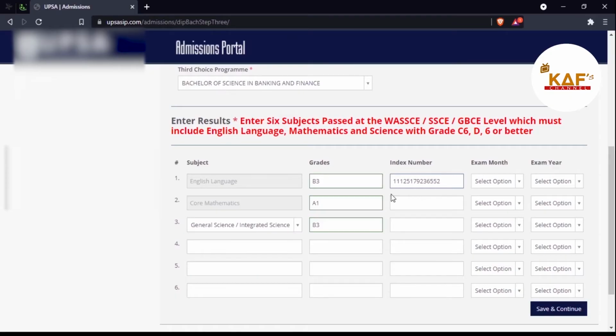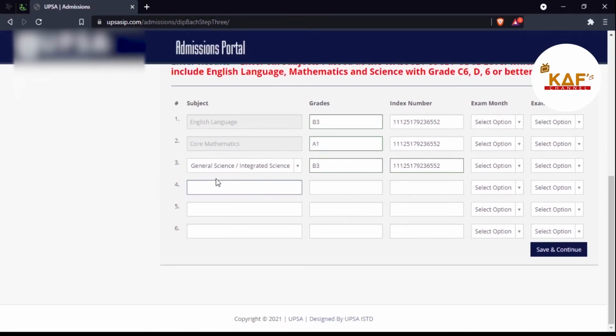If I also had this grade in my WASSCE, I'm going to enter this index number for my WASSCE. So I can copy and paste. Okay, so if you also did NOVDEC, you can type in your best electives over here. So if your best elective was business management,